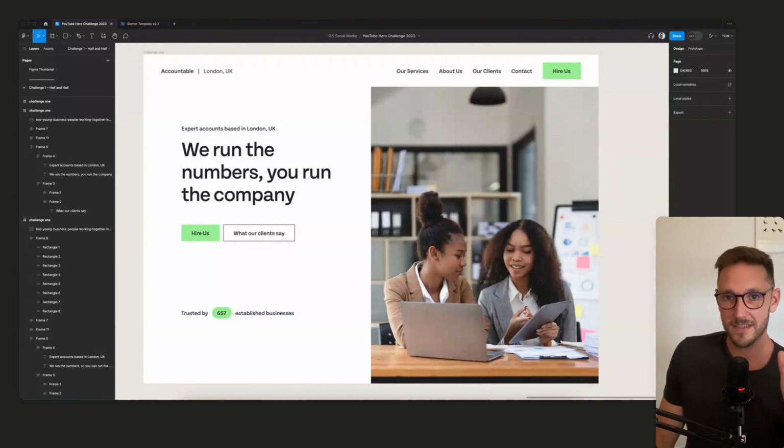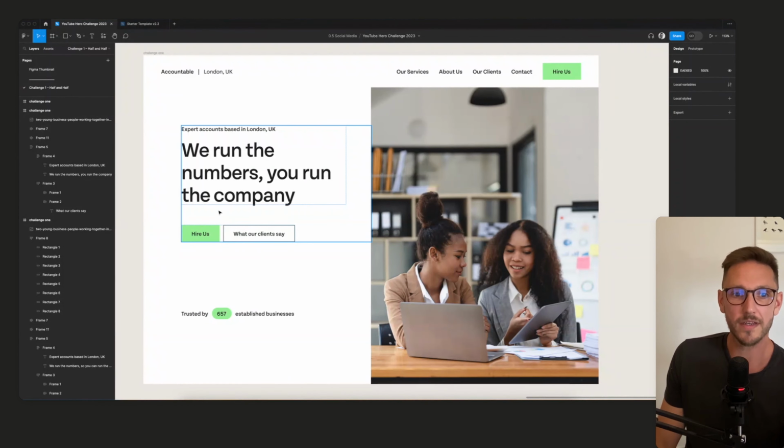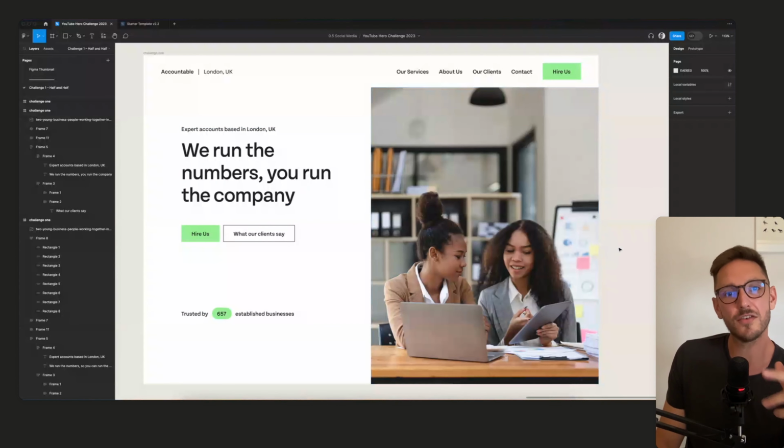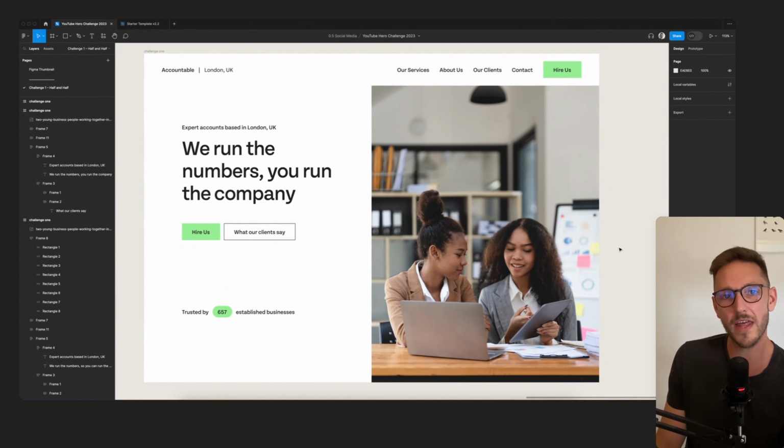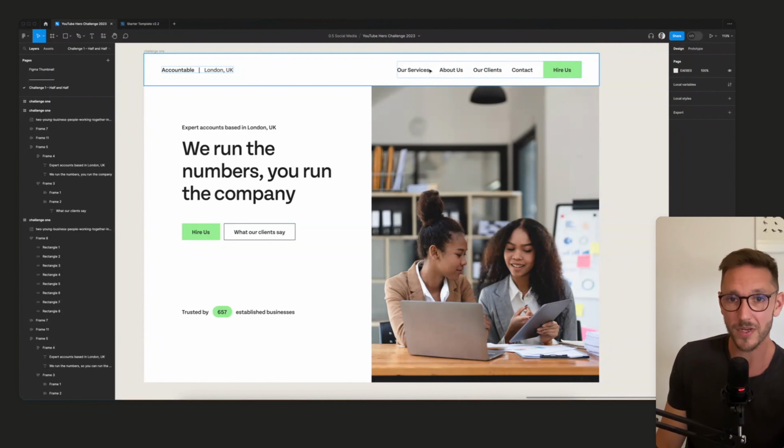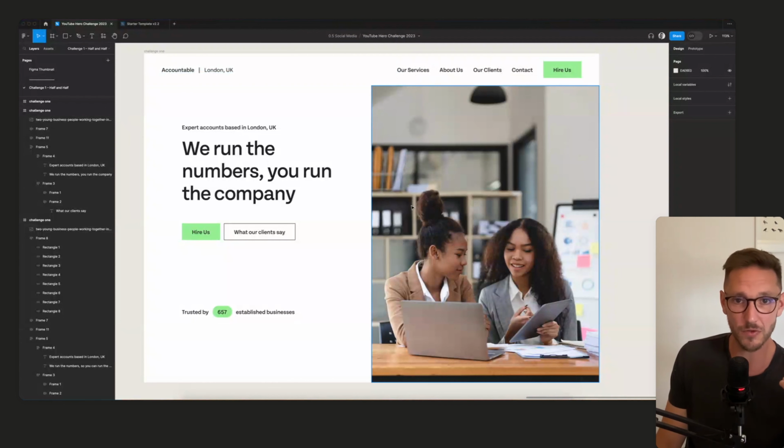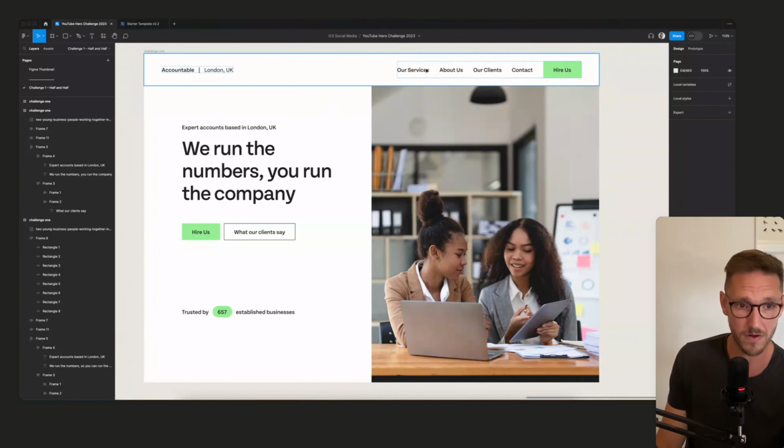This already, to me, works as a hero. It's professional, it's clean, it's straight to the point. It's got a good H1. It's got a strong call to action. It's got double social proof immediately. So you land here, you know exactly what they do, where they're based. You can see that they're going to have a bunch of services. If we put a chevron icon there as well, it's going to suggest we can have a drop-down menu and we can see all of the things they do without even needing to scroll or click anywhere. You can just hover over it.